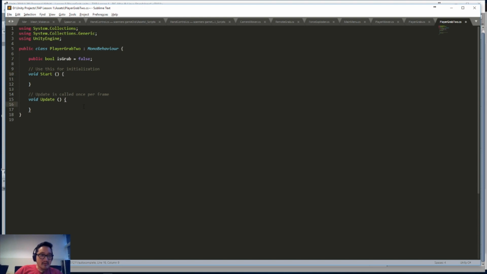I'll keep it. So in Update, what we're gonna do is we want to use the input manager, and we're gonna look for a key press of the G key. So we're gonna say if, in parentheses, Input.GetKeyDown, with another parentheses, and then in that parentheses KeyCode.Space, no, KeyCode.G. So when somebody's pressing the G key,